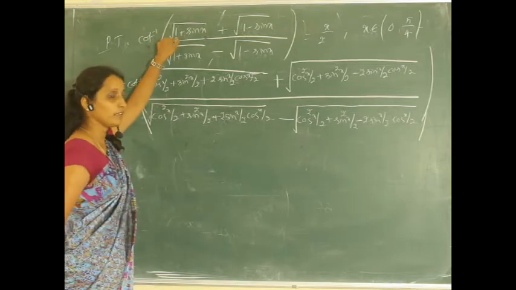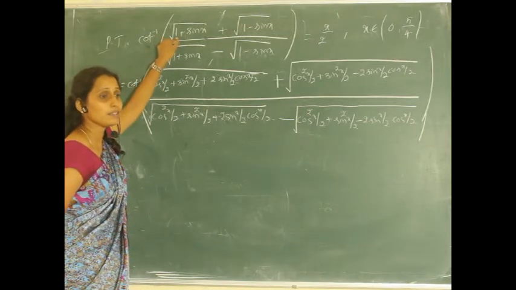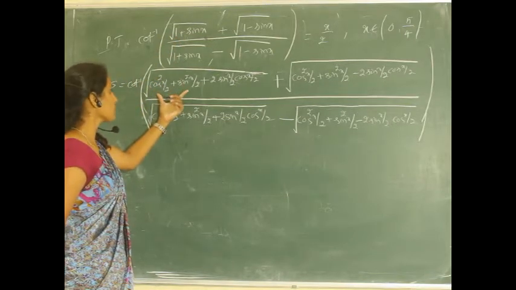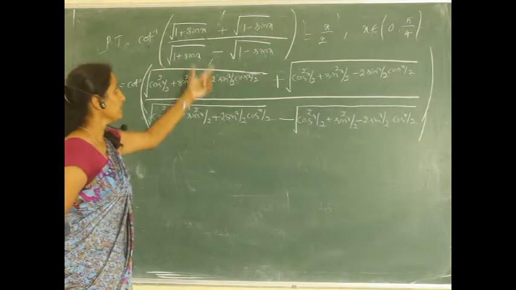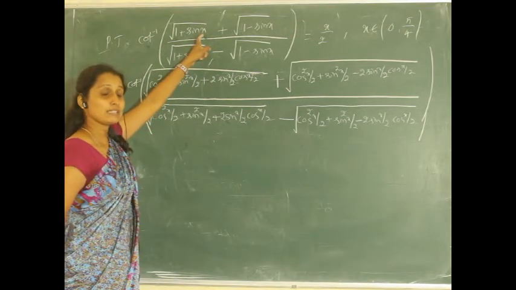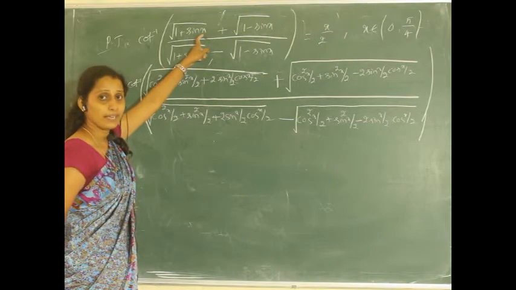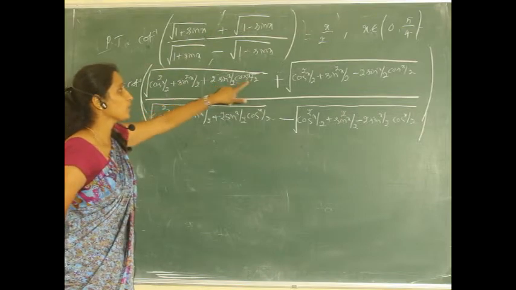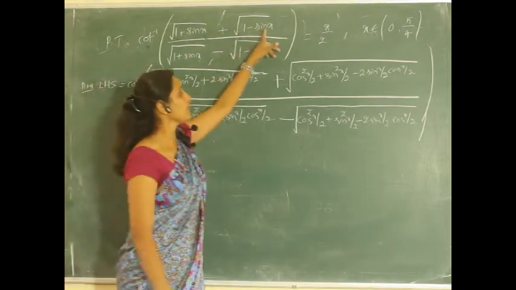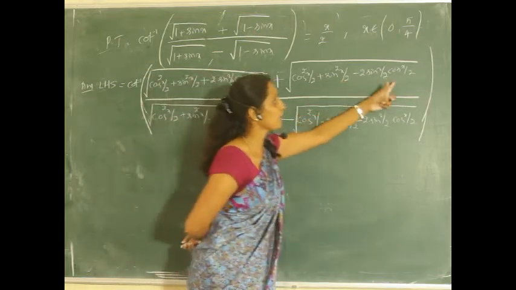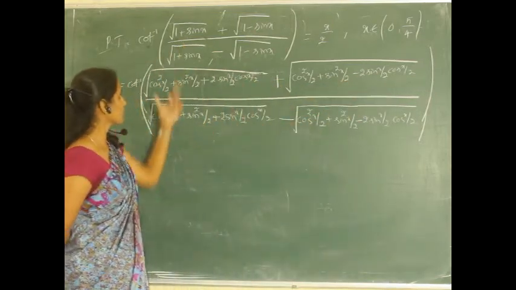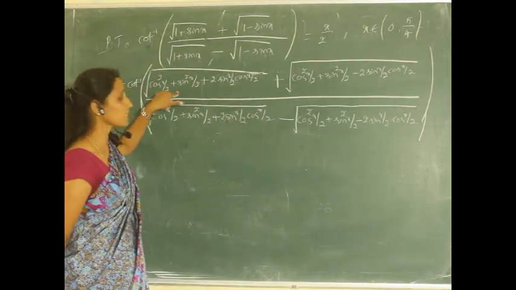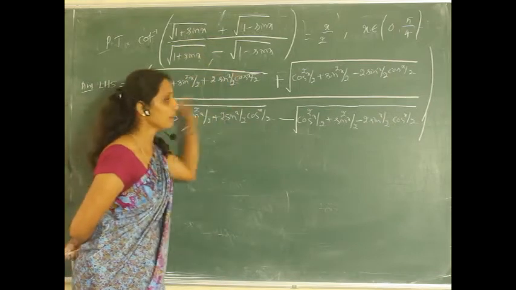So 1 I have written, the formula is cos square x plus sin square x, but it is the half angle, so I am writing it in the half angle formula, cos square x by 2 plus sin square x by 2. Plus sin x I have already told by using the sin 2x formula. Sin 2x is 2 sin x cos x, but it is x, so we write the half angle formula, 2 sin x by 2 cos x by 2. Plus 1 minus sin 2x is the same, but it is minus, so here also the same terms, only one is cos square x by 2 plus sin square x by 2 and the other terms are like this.